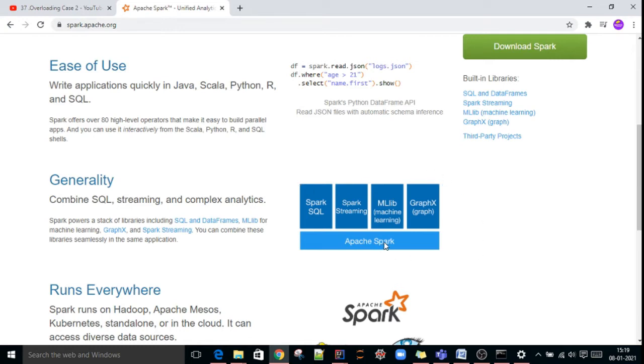So here, Apache Spark, this is nothing but Spark Core. On top of that, they have provided Spark SQL, Spark Streaming, machine learning libraries, graph libraries.